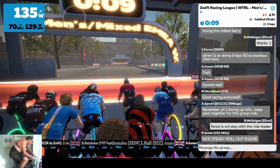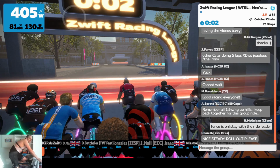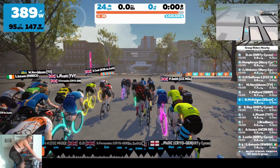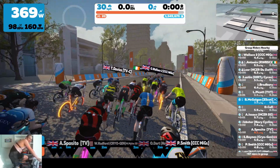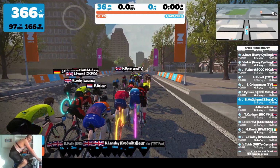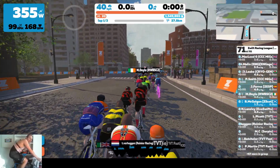So the countdown is on, and let's see. It's the usual start, obviously, heavy going, and off we go. So an immediate sort of 4.5-5 watts a kilo, but not the usual crazy sprint. I think everyone was a little bit trepidatious of the hills. Even 3 laps, that's 9 big climbs,